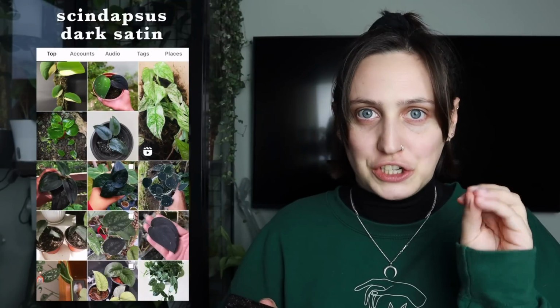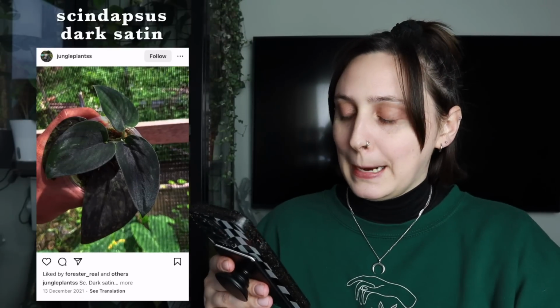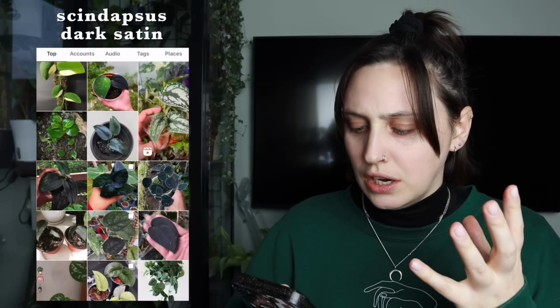Palidiflorum. So this next one is the first one from my unattainable plant wish list, and it is the Scindapsus dark satin. Holy freaking cow. Look at that. It's like everything I want in a plant and more. It's a Scindapsus, so we know they might grow a little bit slower than something like a pothos, but they grow really well in my collection, and I just love them. And it's satiny and it's dark, and it's just, oh